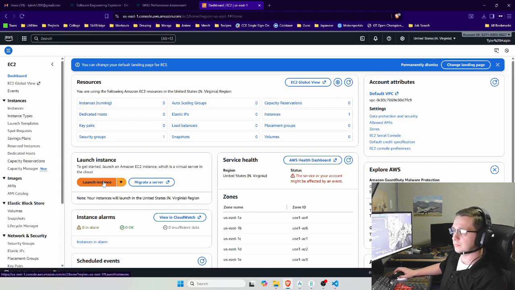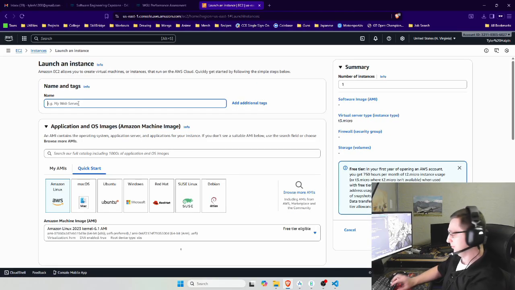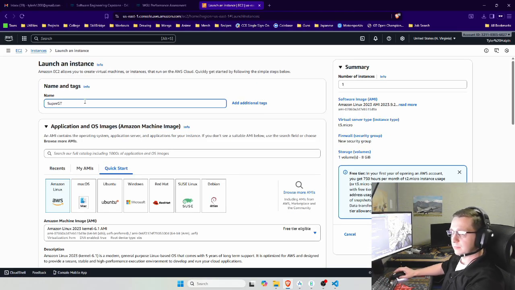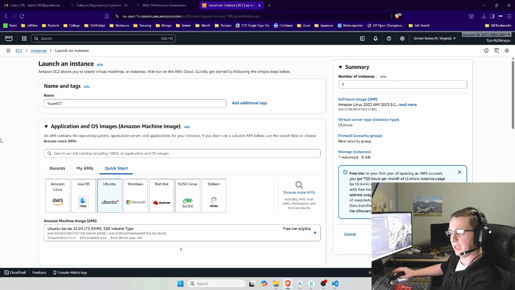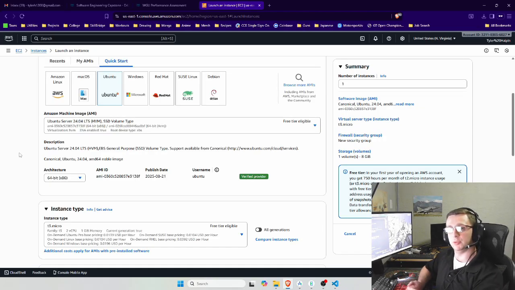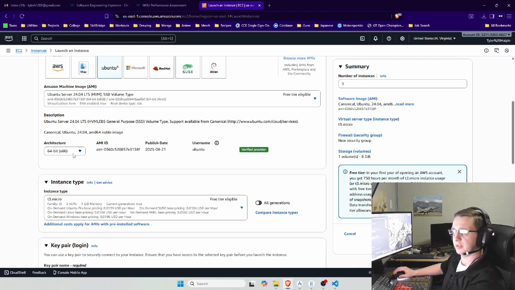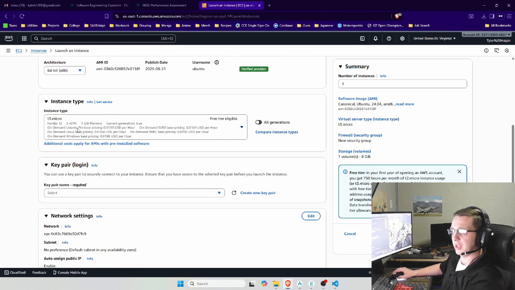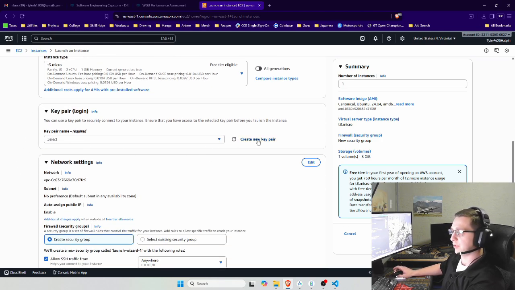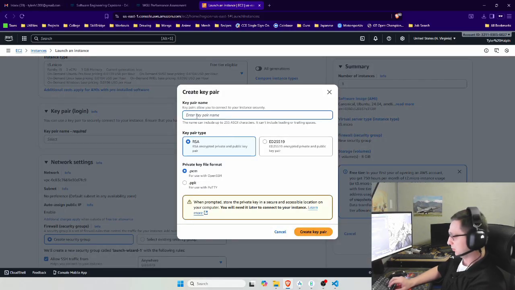I'm going to go launch instance, Super GT. We're going to use Ubuntu, and so even though it was built with 25 in mind, it'll work with 24. They're both LTS versions. We're going to be using 64-bit x86. We're not going to be using the ARM version. It's going to be a micro instance type, and we're going to have to create a new key pair. So we're going to call this Super GT key,